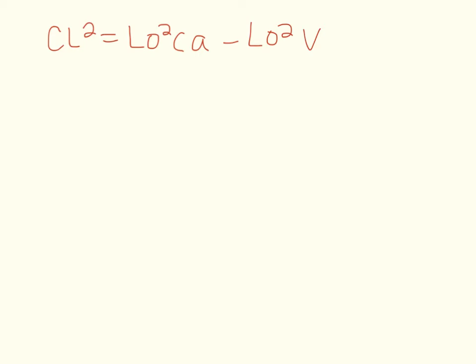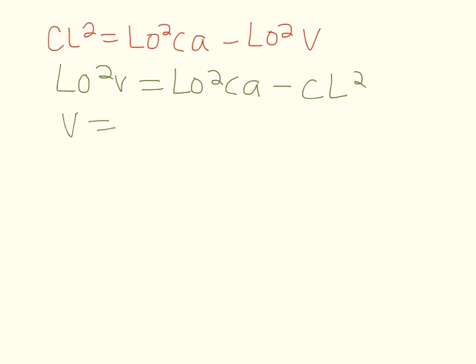I'm going to move that to the left side of the equation because right now it's negative. And that's the only term we actually have that has a v in it, so we don't really need to worry about grouping terms together. Okay, and so now I'm just going to divide my left side by L naught squared to isolate v